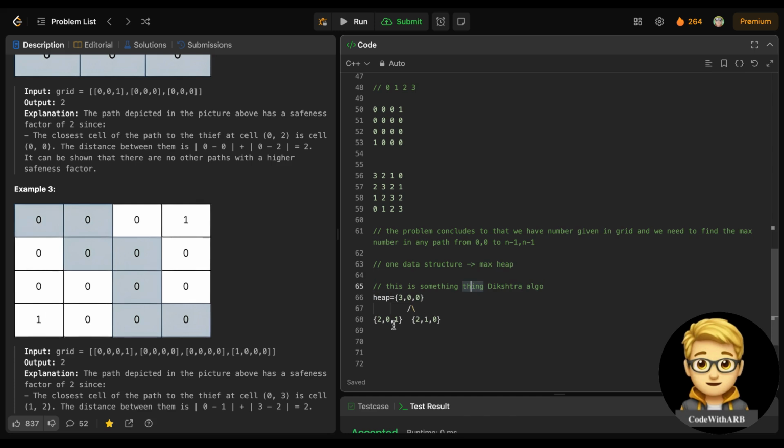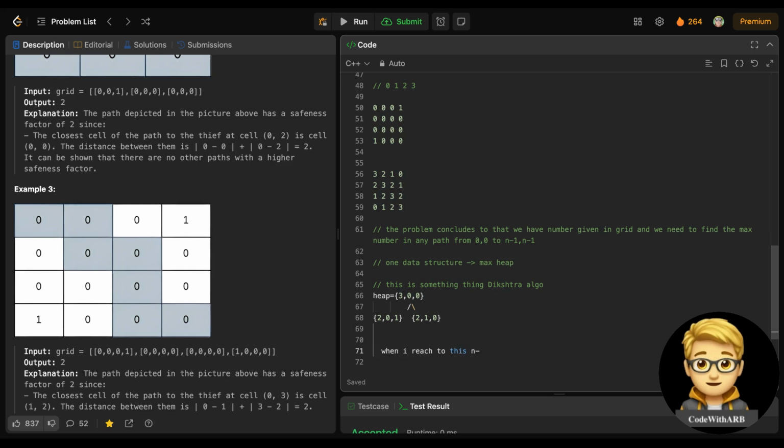So we will store all the coordinates with their distance in max heap, so that the first thing which I get is the maximum value. And when I reach n minus 1, n minus 1, I'm assured